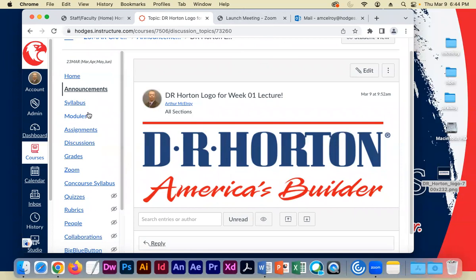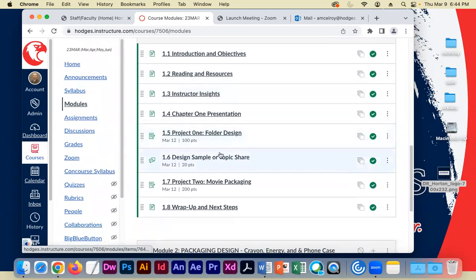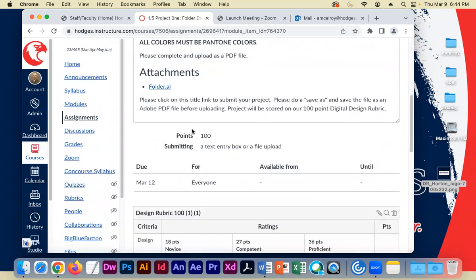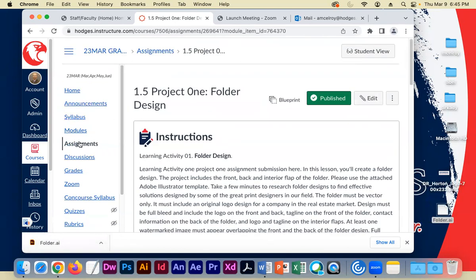So with that being said, the first thing I'm going to do is I'm going to go in and download our files for this week's lecture. The very first one being our folder project. So I'm going to click on that little link, and it's going to download the Illustrator file. I'm using a Mac, so there it is. I'm just going to drag it to my desktop, and then I'm going to go back into my Learning Module